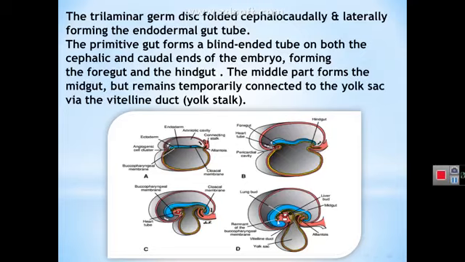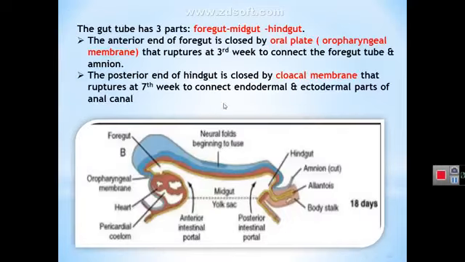Foregut, hindgut, and the midgut. The midgut remains connected to the yolk sac by means of the vitelline duct or yolk stalk. So the primitive gut tube has three parts: foregut, midgut, and hindgut. The anterior end of the foregut is closed by the oral plate, oropharyngeal membrane or buccopharyngeal membrane